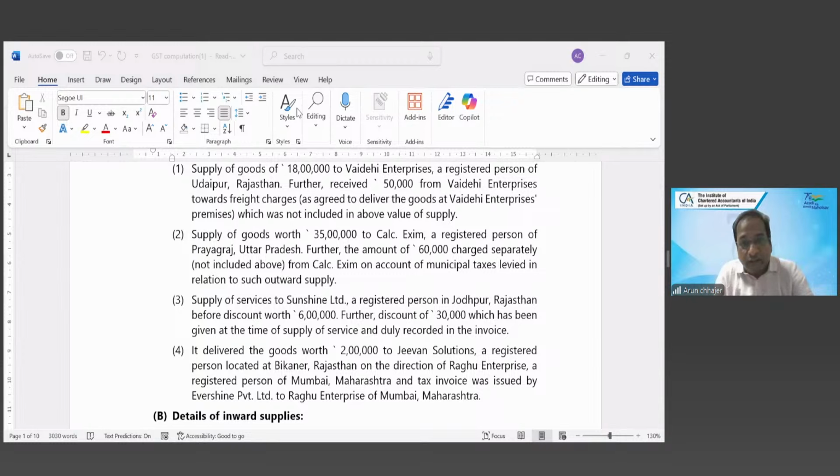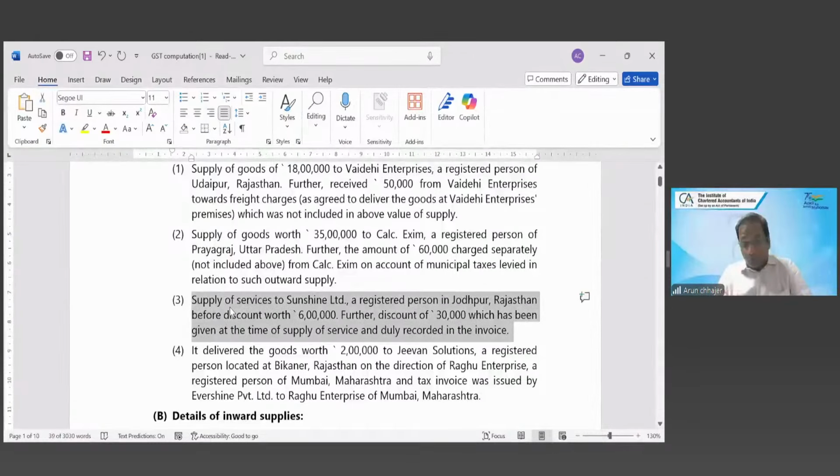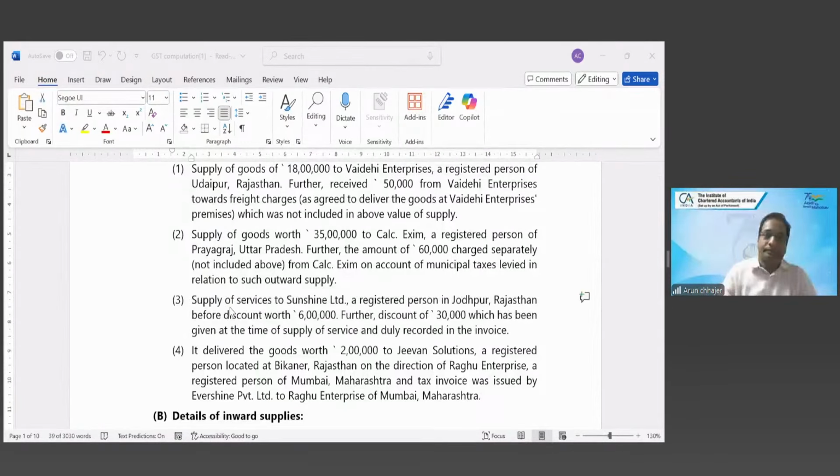The answer is 5 lakh 70,000. If it is post supply discount,